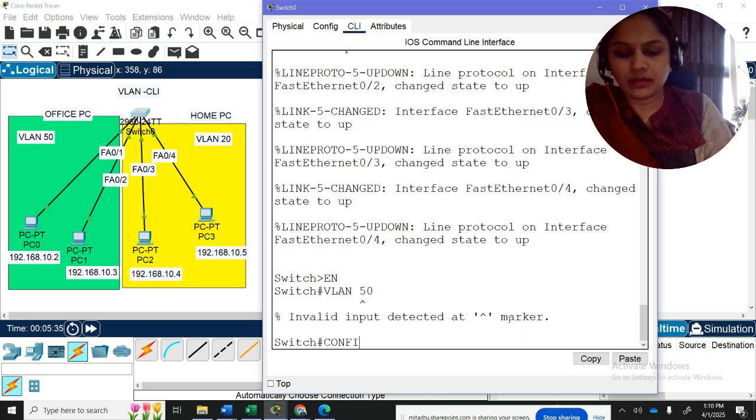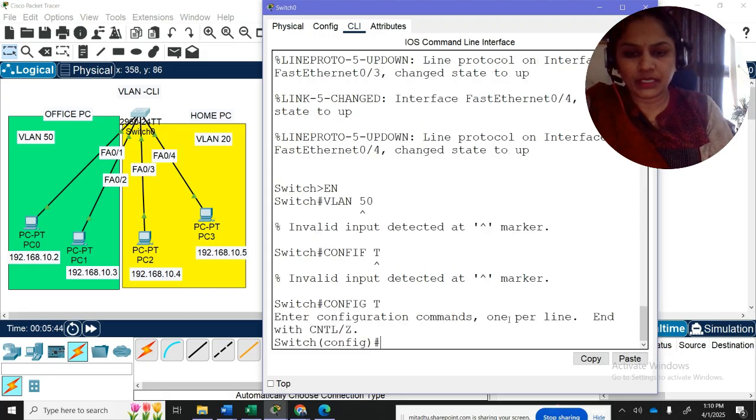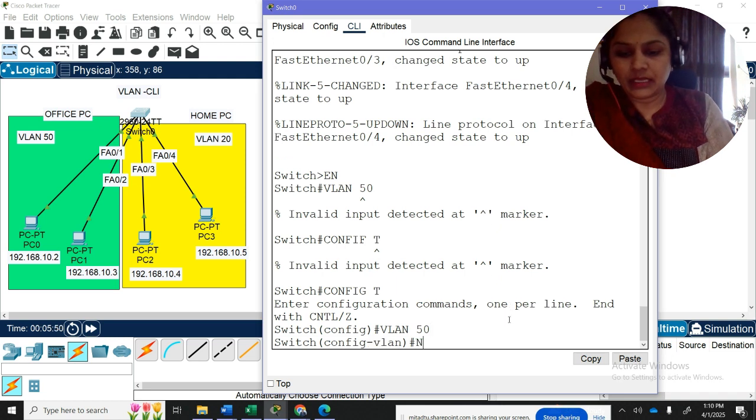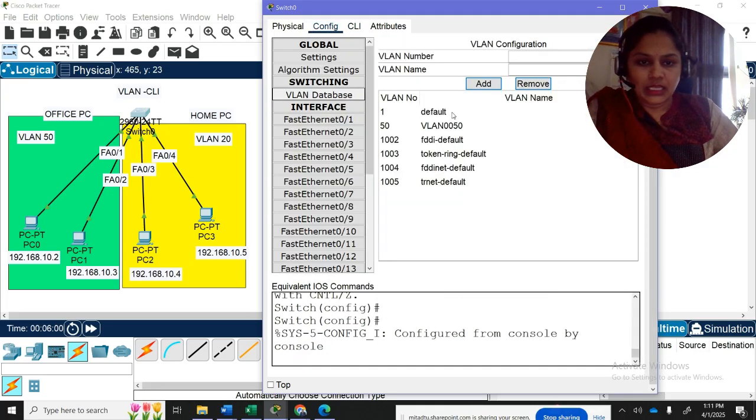Okay, config terminal very first. Config terminal. Then we can give VLAN 50 and give it the name office. Previous to this, you can check the VLAN configuration of the switch.